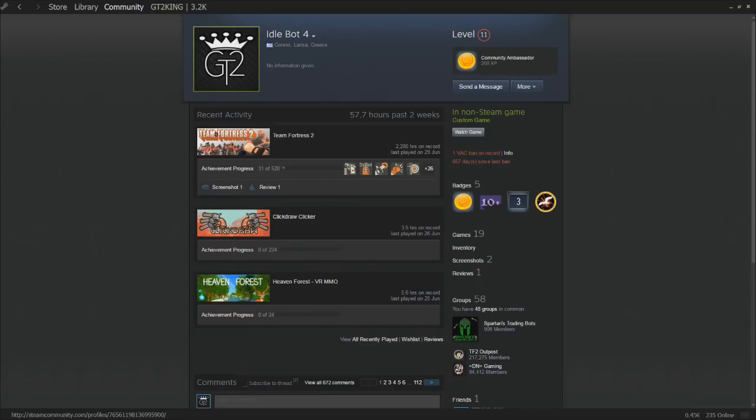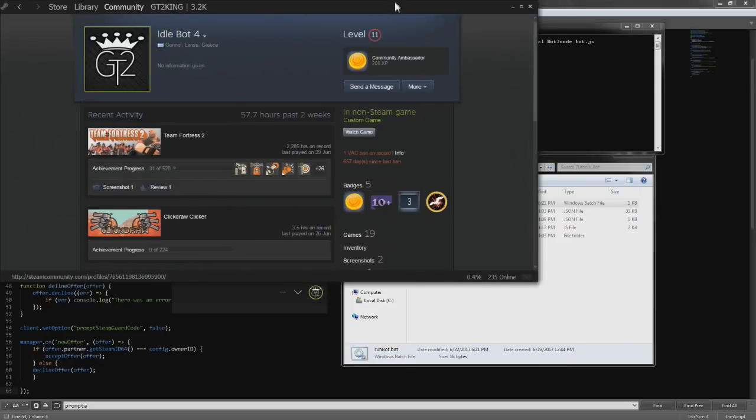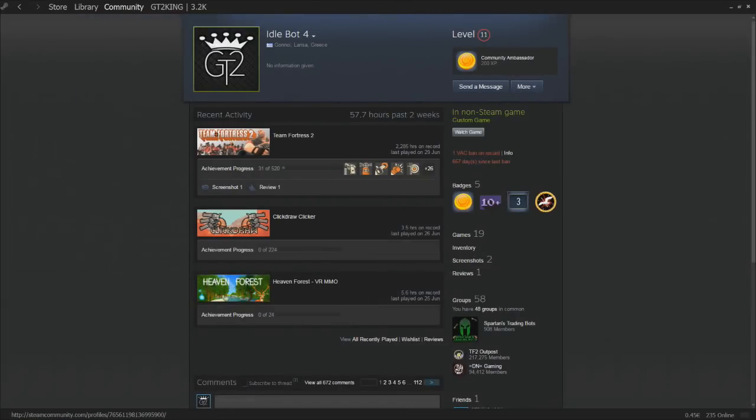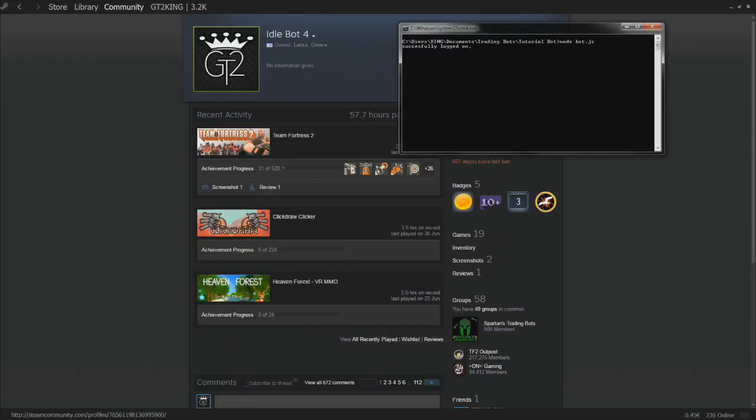And I think we actually have to accept it as well. So we have to open our SDA, which we'll just leave, and we'll put it right there. So that's gonna accept it in just a sec. I think it should. So it's gonna be sent to the bot,